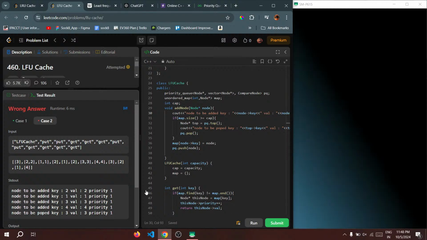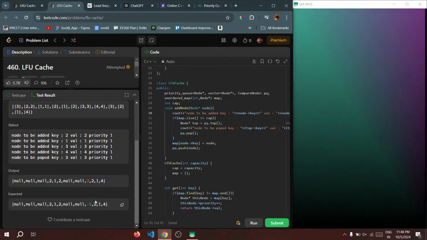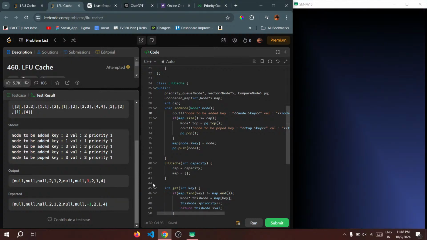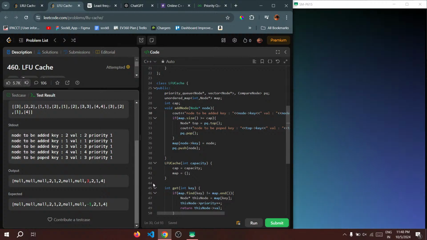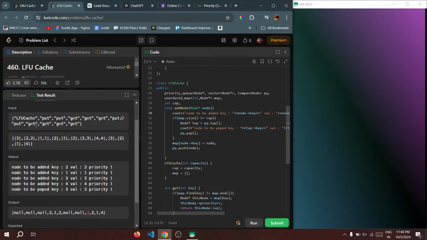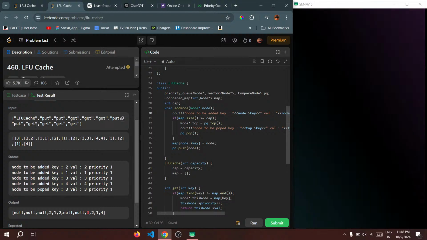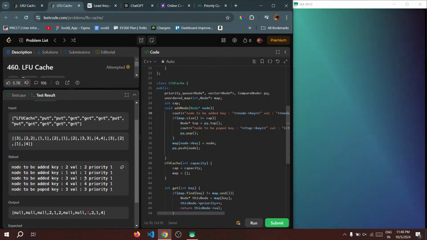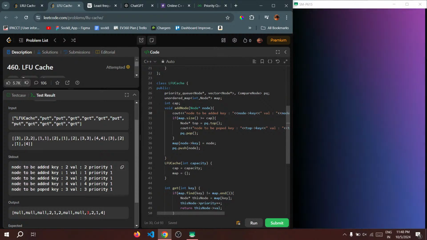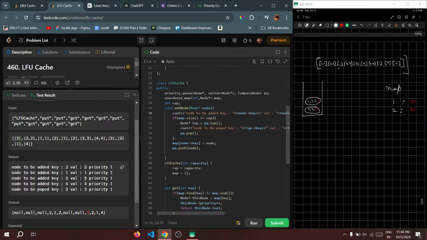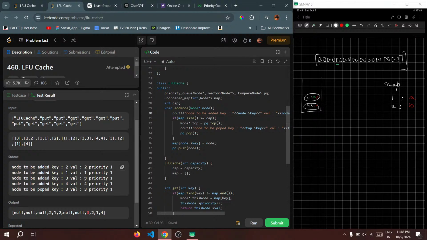नोड टू बी एडेड सबसे पहले 2 कैसे आया भाई मेरे? व्हाट द फक इज हैपनिंग? नोट टू बी एडेड 2 2 1। सबसे पहले 2 2 1 है क्या? अच्छा हाँ, 2 2 1 ठीक है। नोट टू बी एडेड 3 3 1। अच्छा, ठीक है। 3 3 1 ठीक है। माई बैड माई बैड। आई हैव अ कैपेसिटी ऑफ 3। आई डिड नॉट रियलाइज।